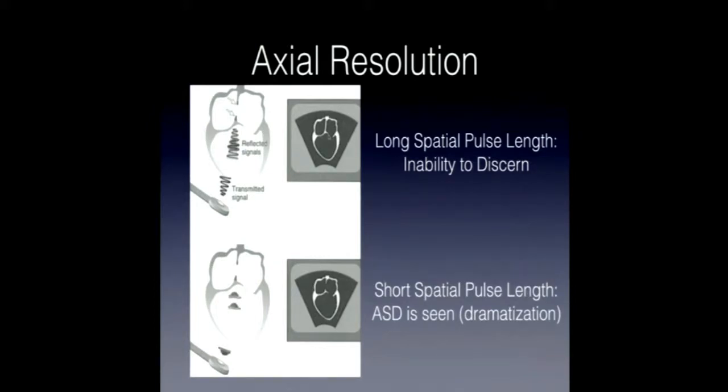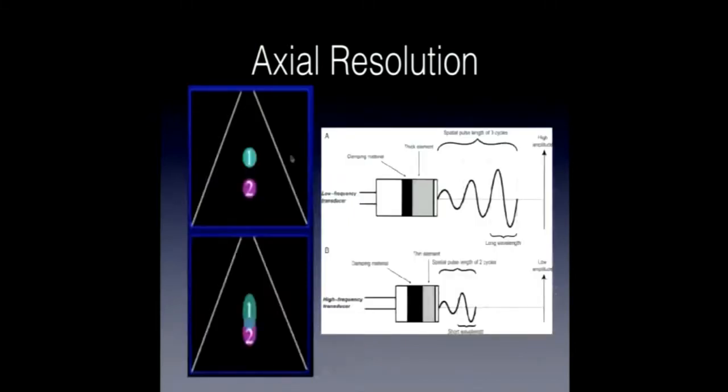And again, this is a dramatization. ASDs are usually large enough that the pulse length of the device is not going to limit your view. This is more on axial resolution. So in the top frame, we have two images that we're distinguishing as two separate images, and in the bottom frame on the left, we're sort of blurring the lines between the two,